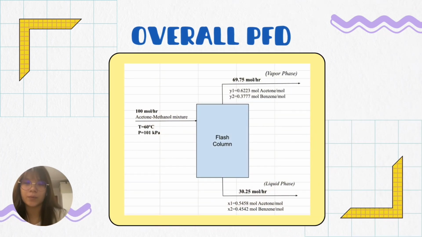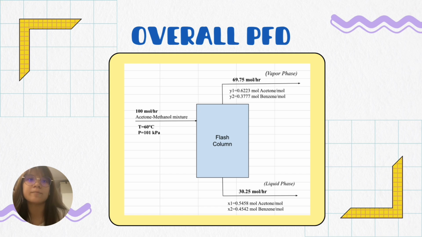Lastly will be our process flow diagram. We assume the flow rate of the feed stream is about 100 mol per hour, and it contains an acetone-methanol mixture at 60 degrees Celsius and 101 kilopascals. At the product stream of the flash column, it will produce vapor and liquid phases of acetone and methanol. In the vapor stream, it consists of 0.6223 mol of acetone and 0.3777 mol of methanol. And in the liquid stream, it will consist of 0.5458 mol acetone and